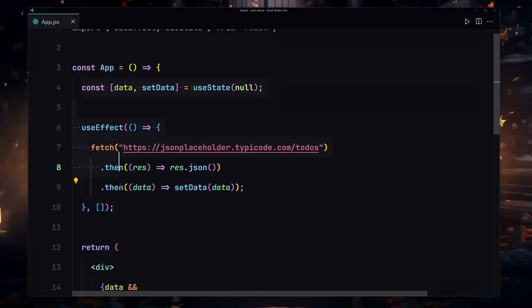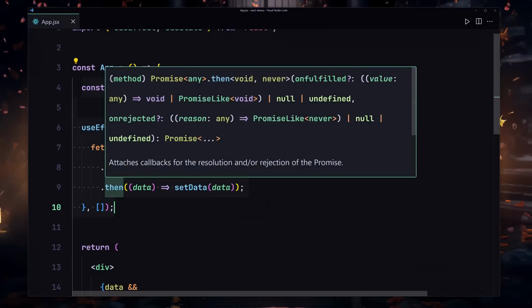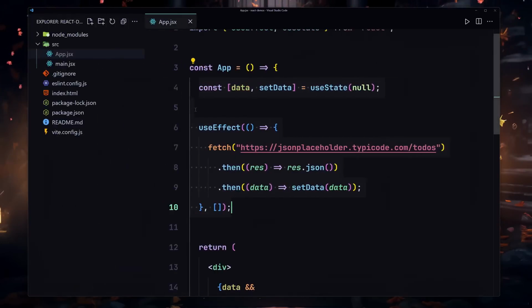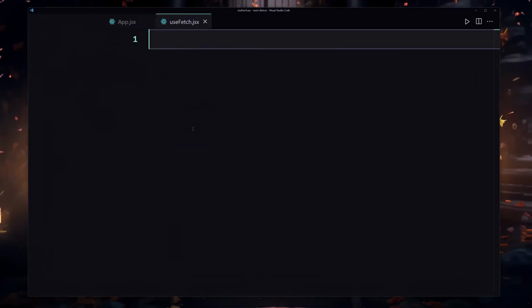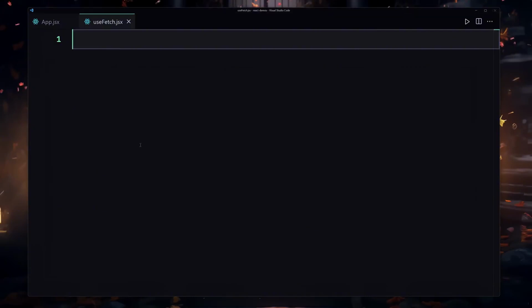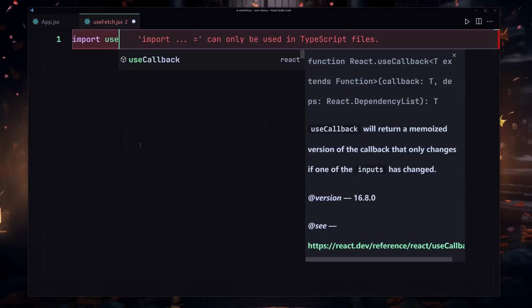And now to extract all of that functionality to a single function, this is how we are going to do it. I'll just create a file. I'm going to give it the name starting with use, because we are creating a hook, so I'll name it useFetch.jsx. Okay, and now inside this useFetch.jsx, I'm going to first of all import my useState